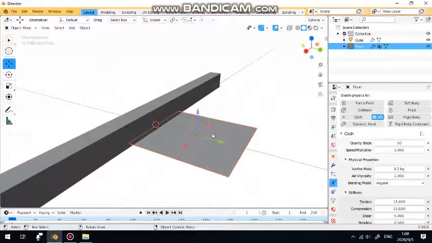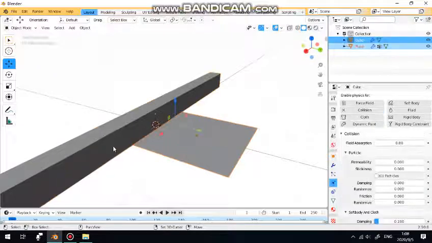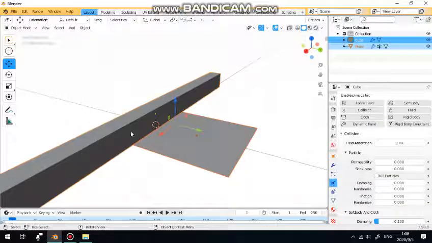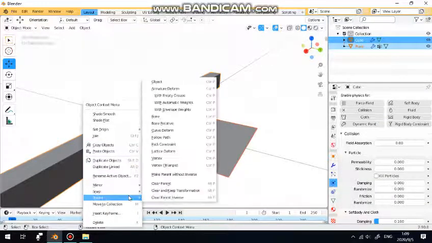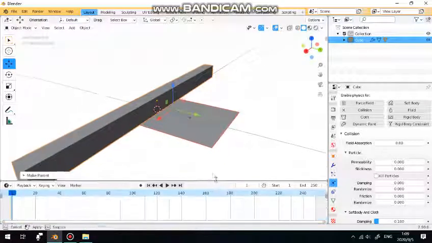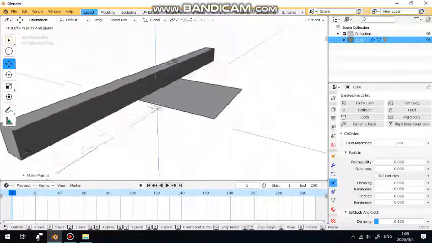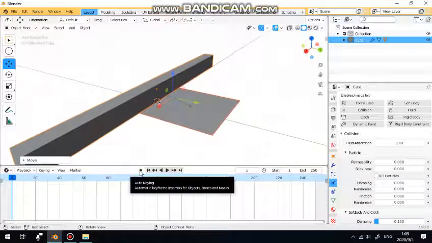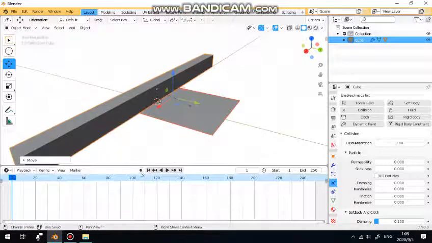So first we select the plane, then we hold down shift and then click on the beam. Okay, so they're both selected. Then I'm going to right click and go to parent, and I think it should be right if we just go to object. Let's click on object. Now you'll see that when I move this around it follows it. Okay, when I apply automatic keyframing, auto keying, this little spot here on the timeline,